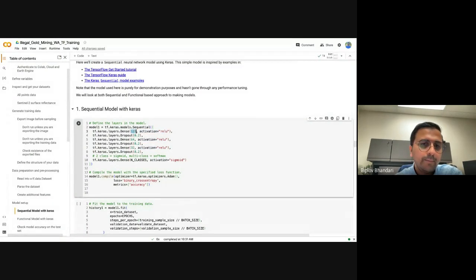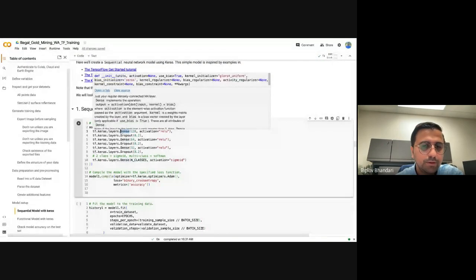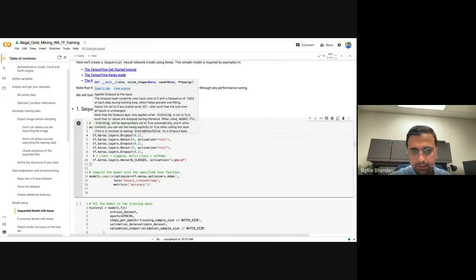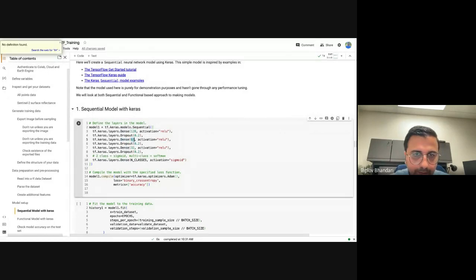Again, go ahead and play with different neurons and different activation functions. And there are, in fact, other options that I haven't used with this function, so you can also go and check that out. And then again, dropout, we don't want to overfit, dropping out after the dense layer. Again, doing the same thing but decreasing our number of neurons. Again, dropping out, decreasing our number of neurons, dropping out, and then this is the last layer.